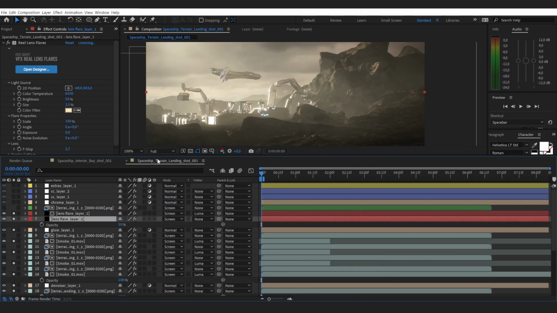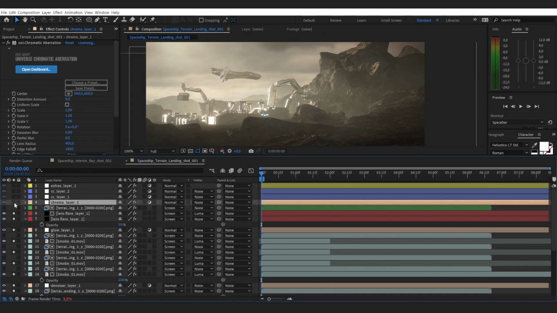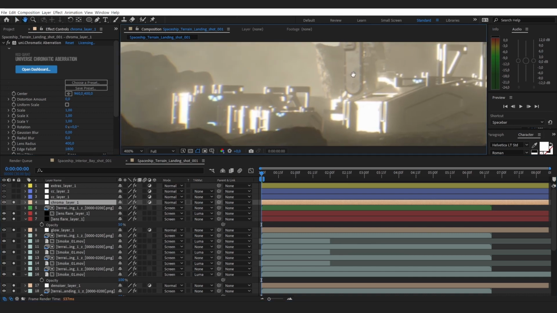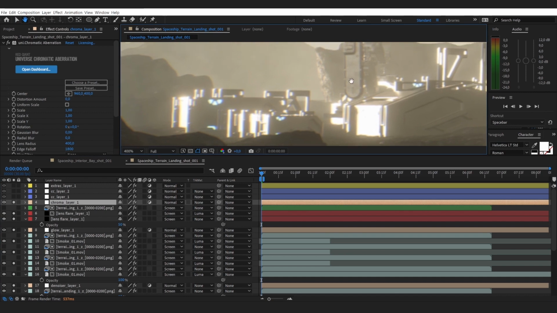Alright, so I just covered the lens flares. Here it was a bit more subtle, but in the second scene it was a bit more obvious. That's why I wanted to switch to another scene. Chromatic aberrations. Alrighty, this is probably one of the most used effects in game trailers, in CG films, also in